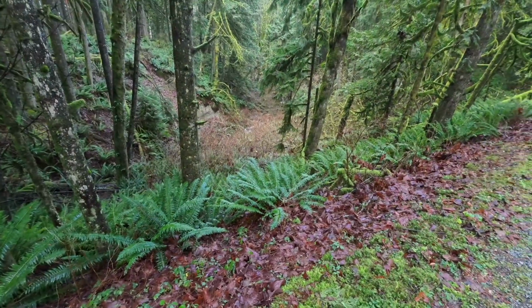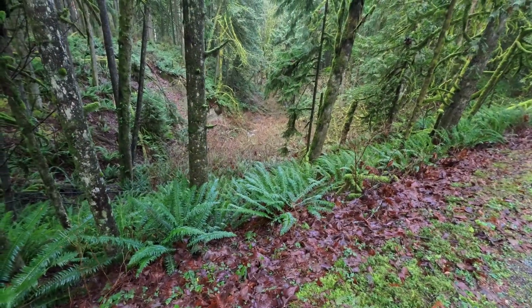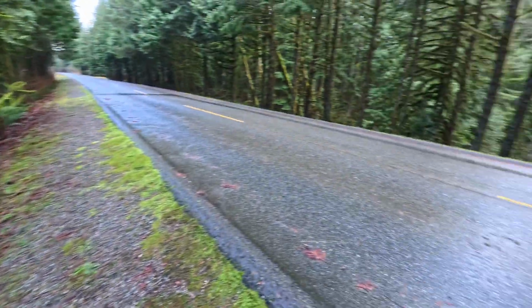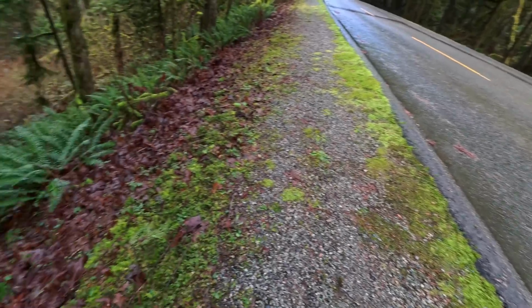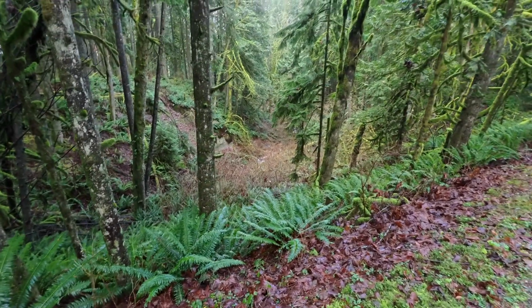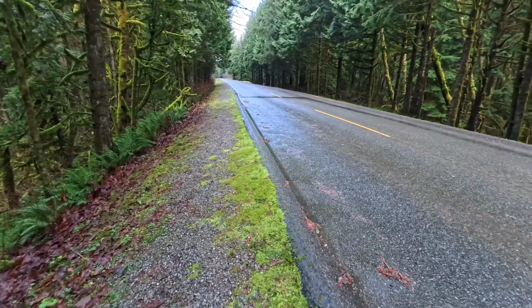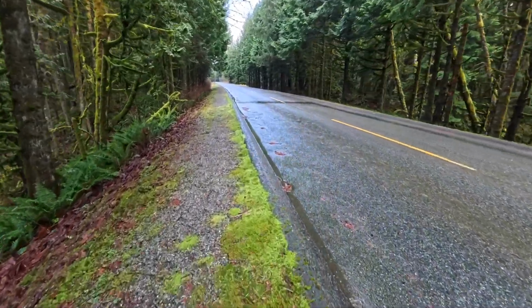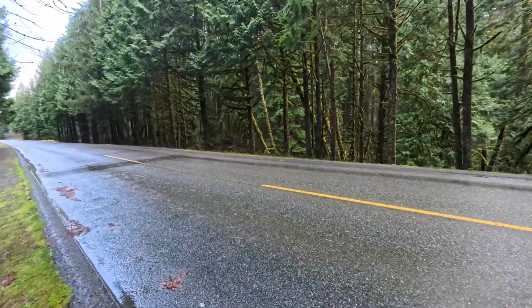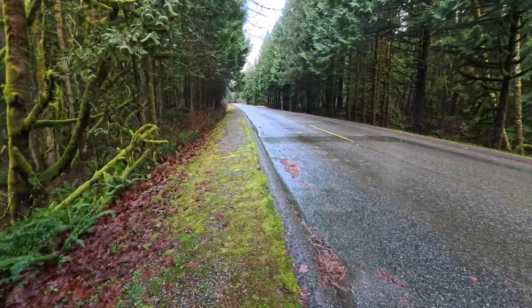Alright, so that's what I heard. It is not a waterfall, it's just rushing water. It's coming out from across the road here. It goes underneath the road and out the other side. But there's no falls there, it just sounded like it. So I'll just walk down the road and see what I see. Maybe there's some nice trees. I mean, there's nice trees, but photogenic trees, I guess, is the...